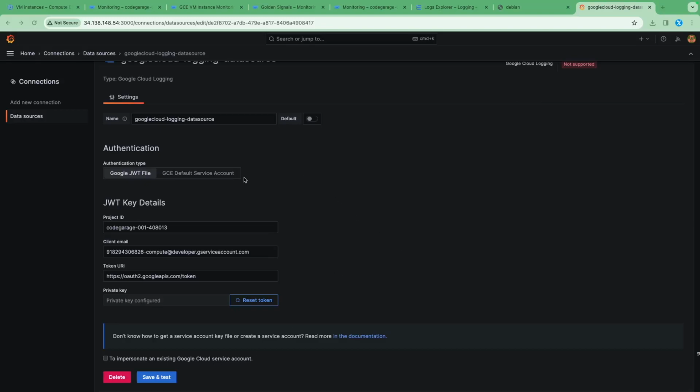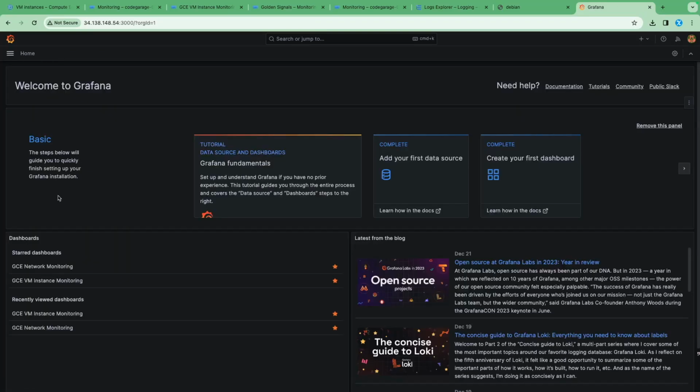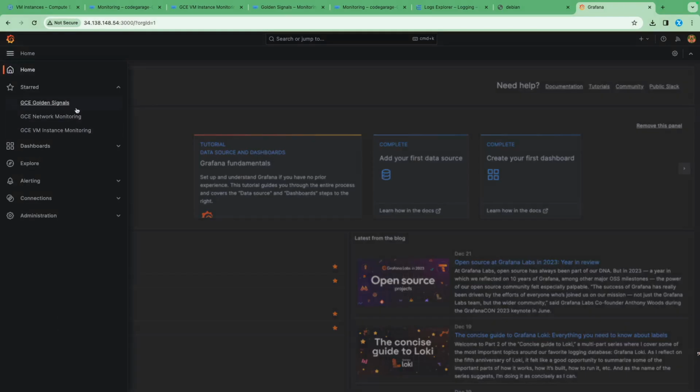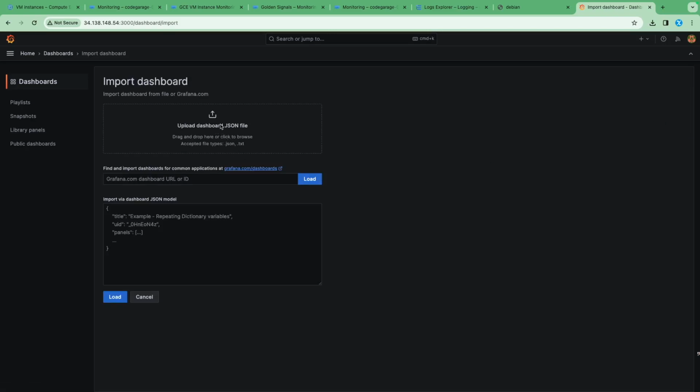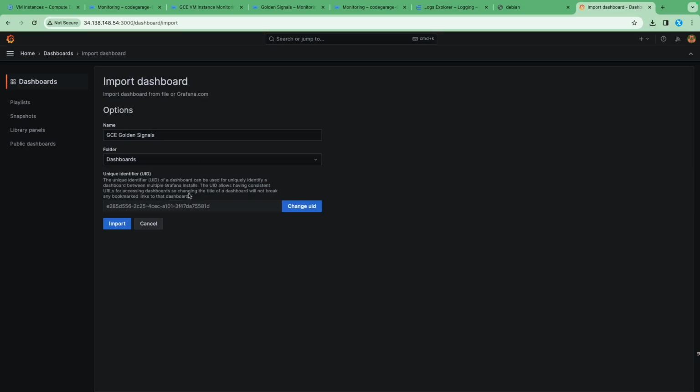After making the logging data source available, we should now be able to build the dashboards that are using the log based metrics that we created. So what we'll do is I have my JSON file ready that can be readily imported here. I'll go to dashboards, and I will create a new dashboard, and I will say import, and I want to import from a JSON file. This is the JSON file that I'm going to upload, right? And if I just say import,